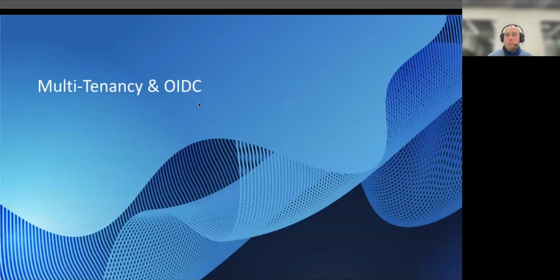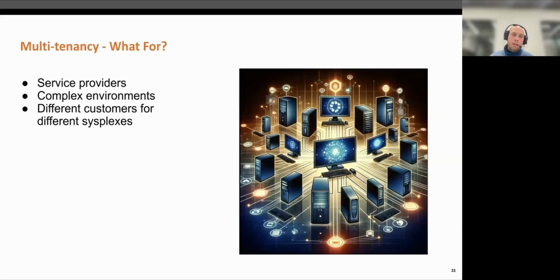And then let's move on a bit to the multi-tenancy and OIDC topic. We've already talked about it a bit with Elliot, but what does the multi-tenancy actually mean, and where do you actually use it? So first, maybe who is this for? I would say that the ideal user for the multi-tenancy is a service provider. You have many different customers that are living within separate sysplexes, and you want to manage all of them